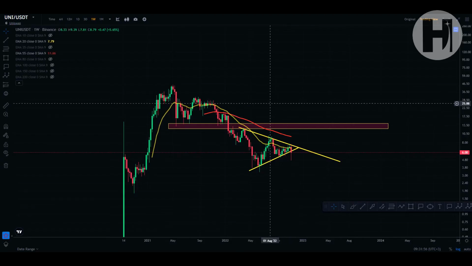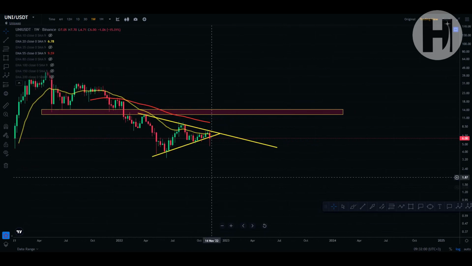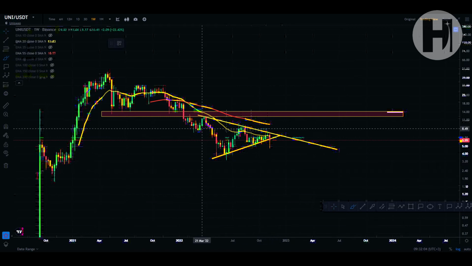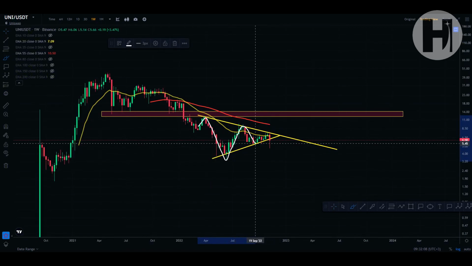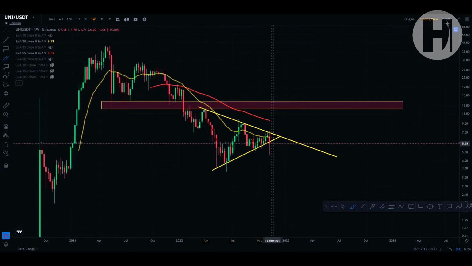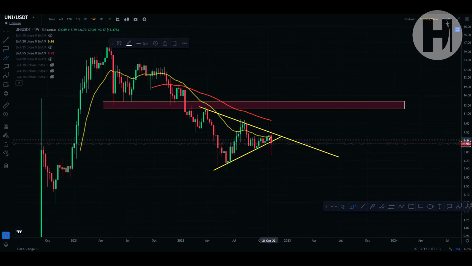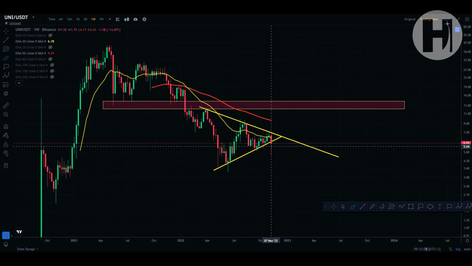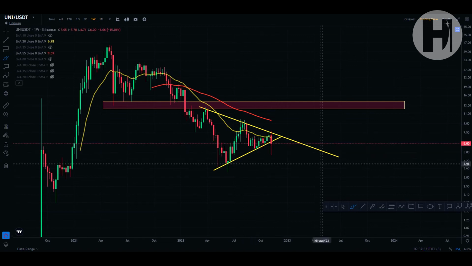Taking a look at the weekly chart for Uniswap, a very interesting thing over here. As you can see, we are in some sort of a symmetrical triangle. This looks like a situation where we're going to see a break potentially to the downside. We still have some time to close the candle above or in the triangle, and we may actually start breaking out because symmetrical triangles are a 50-50 pattern. There is a 50% chance you're going to break to the upside, and a 50% chance you're going to break to the downside. But right now it looks like we're breaking to the downside, so that's what I have to stick with.